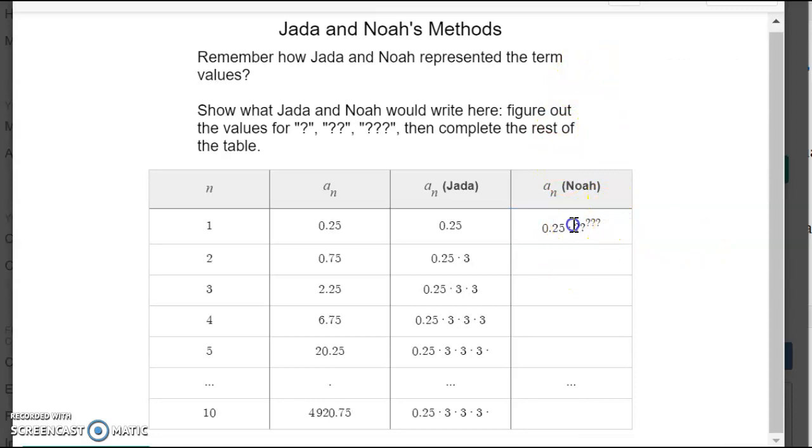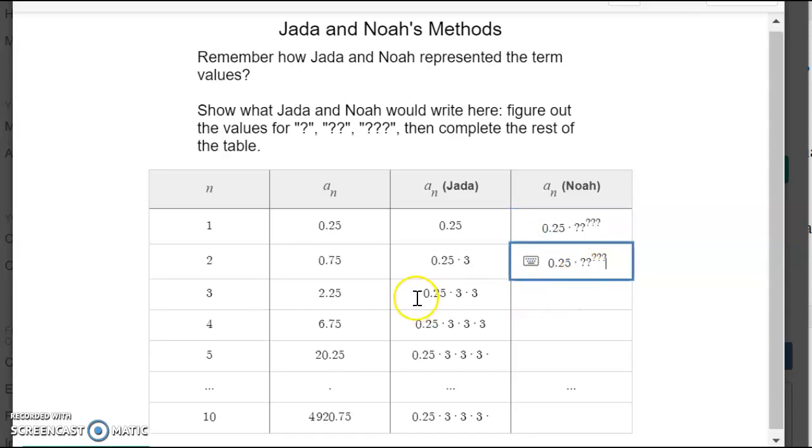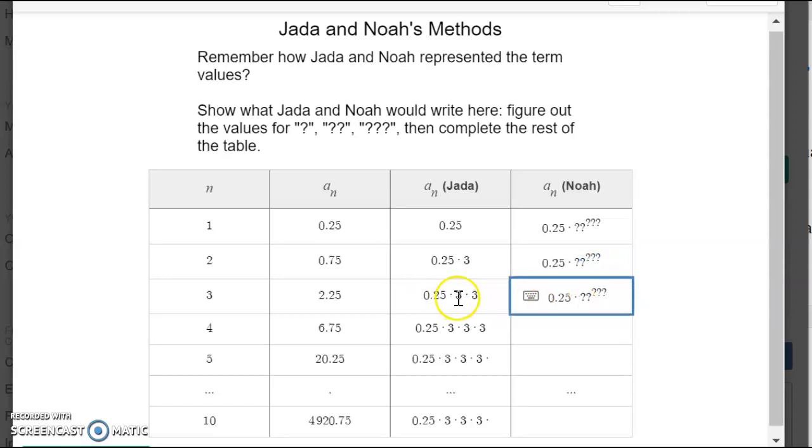Alright, so we're going to be multiplying, okay, so look at this. 0.25 times 3, this is 0.325 times